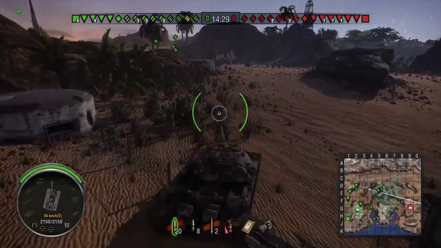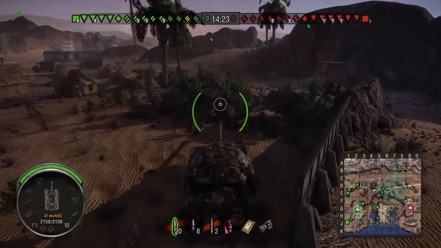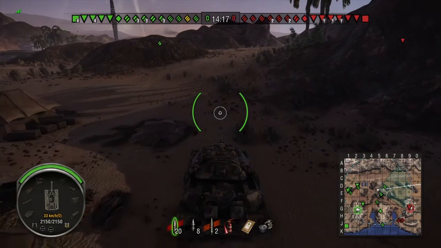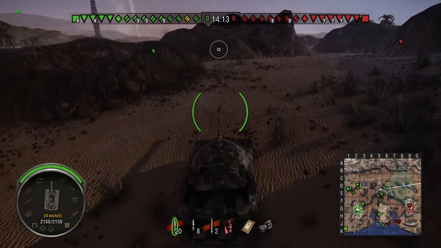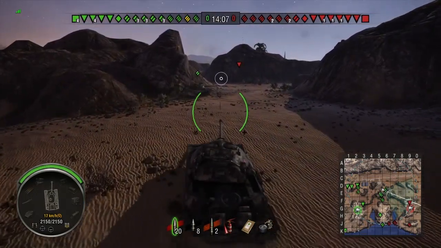So on Airfield, I always like to push up to this little hilly area over here. I literally always go here. I never go round to the big hill in the middle. Never ever really go there unless I'm in a light tank. So as you can see, the mobility of the IS7 now, doing about 20 kilometers an hour uphill here. Normally when you're up here you do face a crazy amount of tanks,